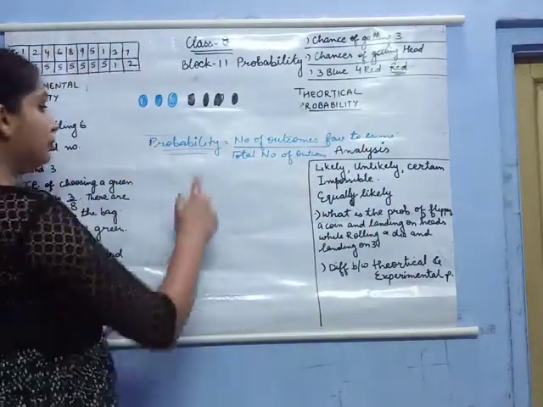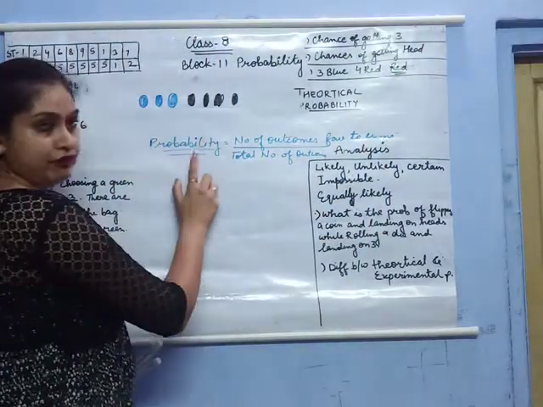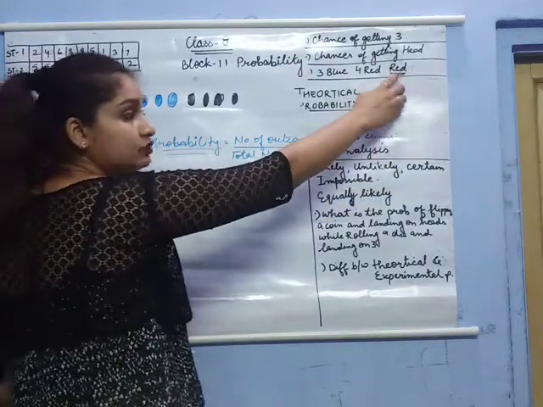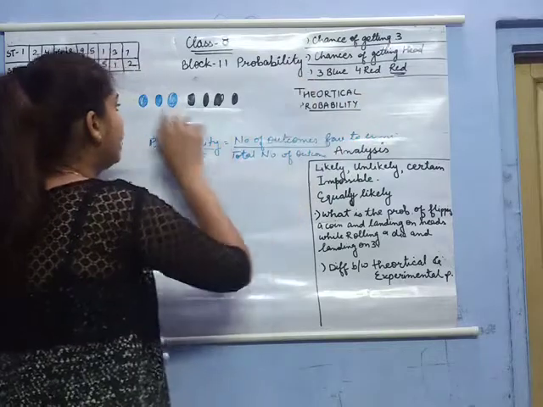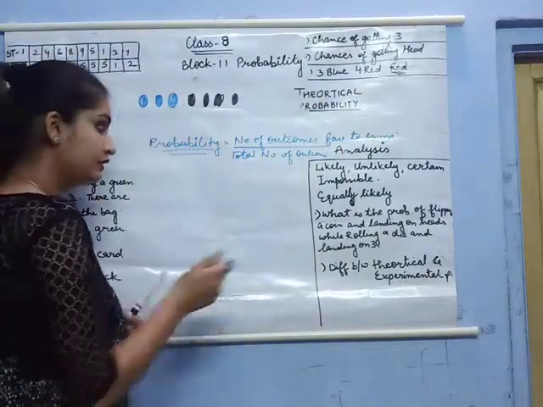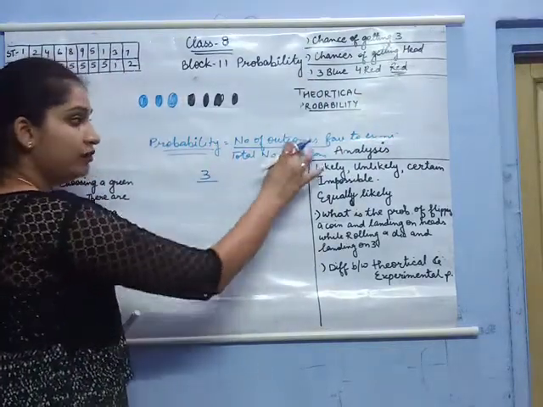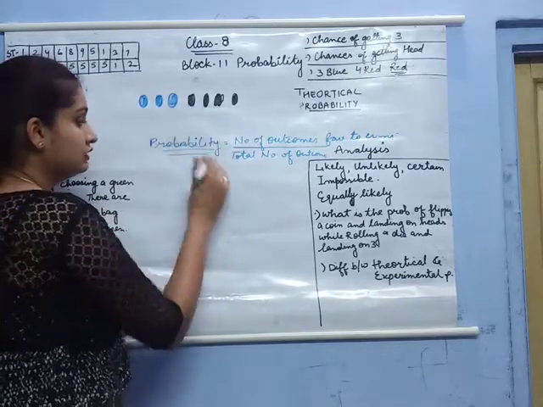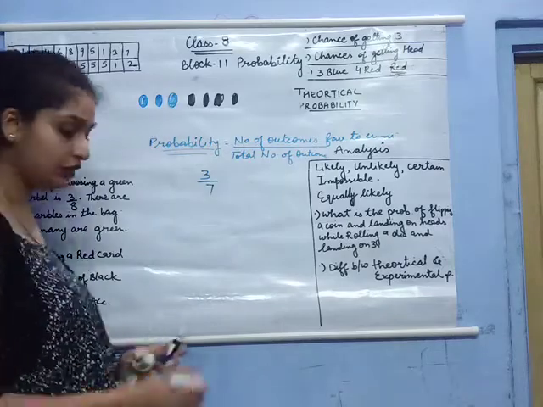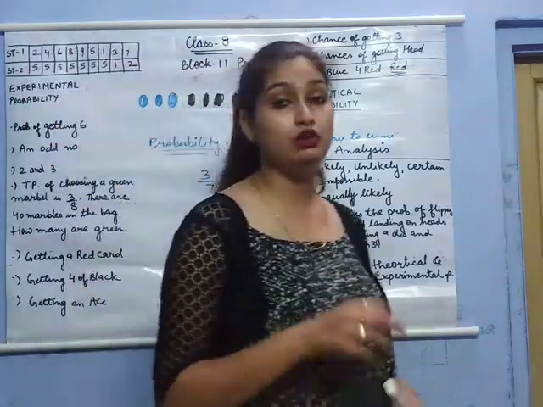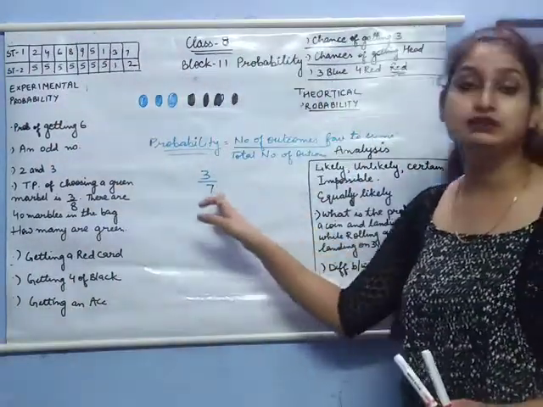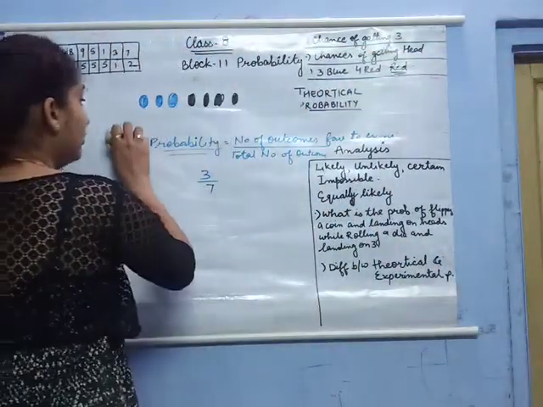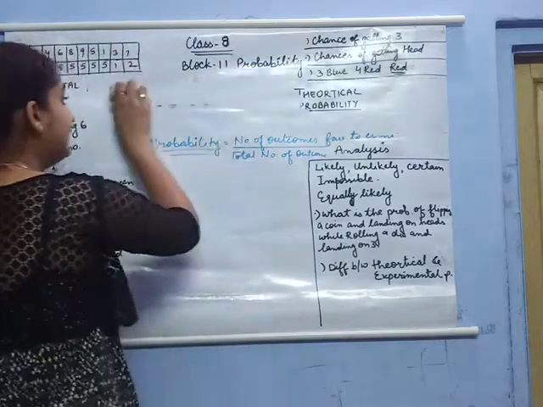According to the theoretical probability formula, it is the number of outcomes favorable to the event. Our event is to get a red ball. So how many outcomes are favoring this event? 4. The number of favorable outcomes is 4, and the total number of outcomes is 7. So the probability of getting a red ball out of that bag will be 4 by 7. Is that clear? Now, we will talk about likely events.